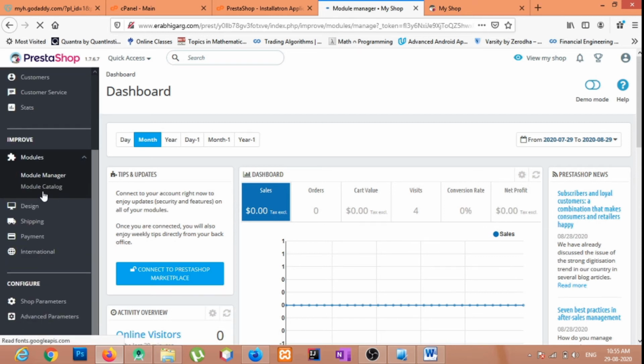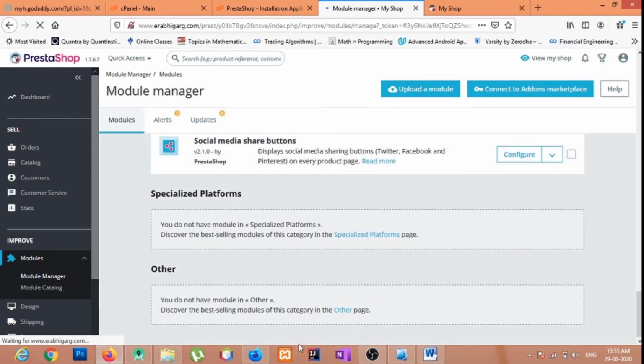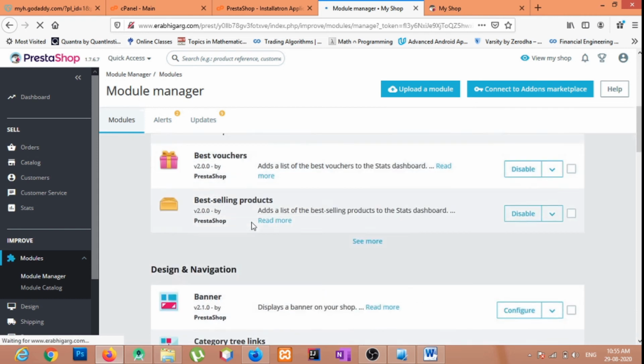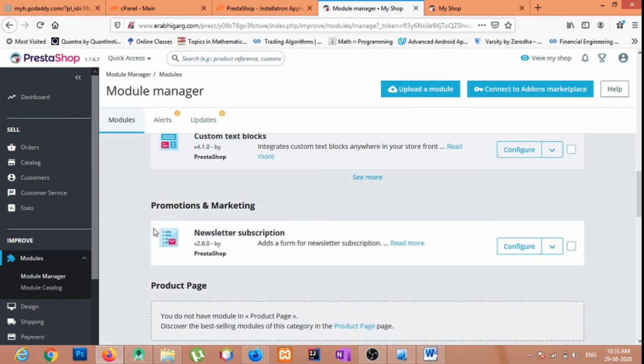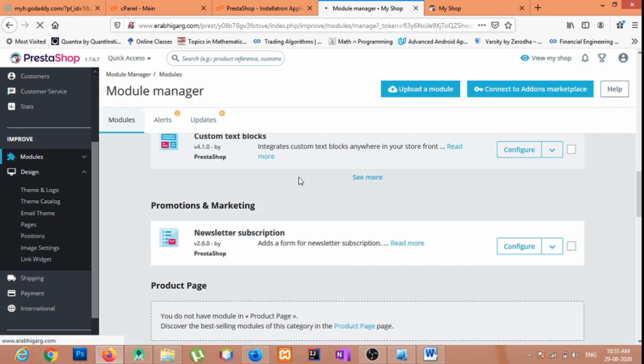This is the design tab. See, this is the list of modules that are currently installed on our website. These by default come with the PrestaShop installation. This is the design tab where we can set up our theme, a logo, and widgets.